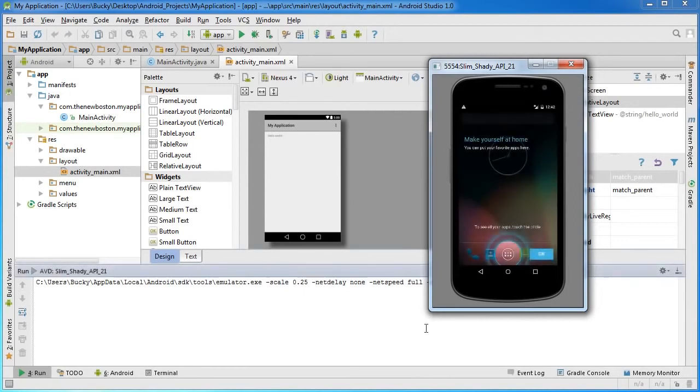So again, there you go. There's your emulator. This one was just a demonstration. I'm going to delete it because I already have that sweet one, Bucky's phone, that I'm going to use for the tutorials. But if you ever want to make your own custom emulators, your AVDs, or edit them, delete them,